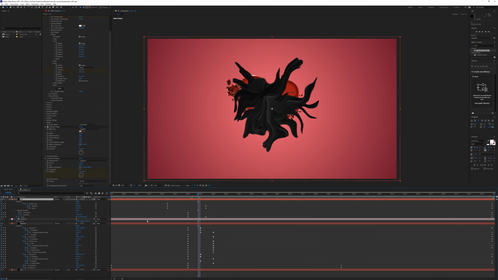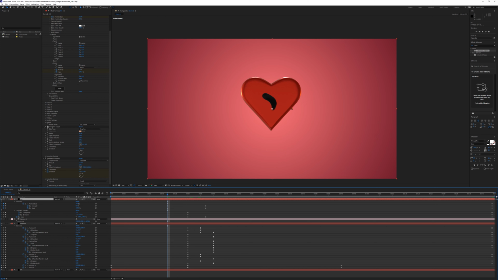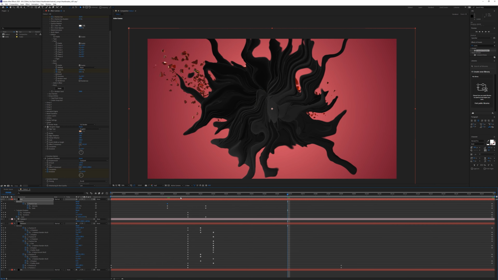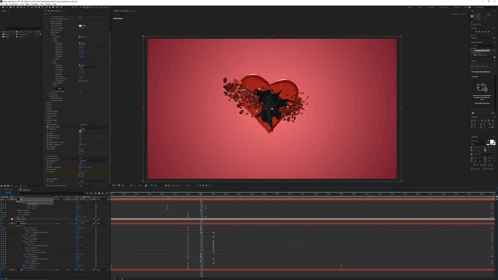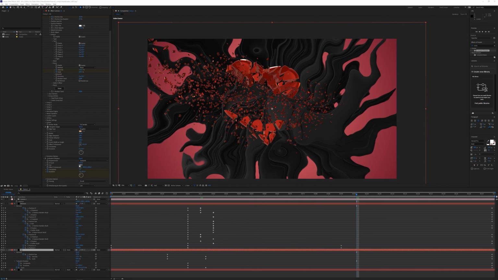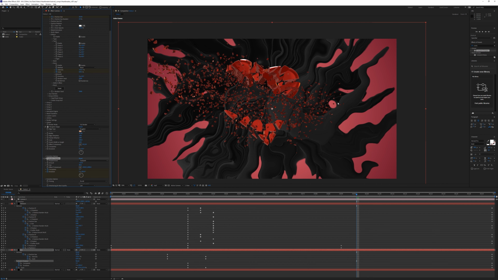So I'm going to click U again just to see all the keyframes. Right at the very beginning here for the particle size, we're going to drop this down so it's barely visible. Now, of course, I really want this to be behind the heart, but you could do something in front as if it's erupting through it as well. That looks kind of interesting. But for my example, I'm just going to pull this underneath the element. So we're going to just see it kind of erupting from behind. I'm also going to drop down the size a little bit for the turbulent displace. Adds just a little bit more detail.